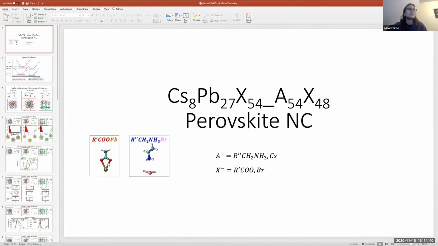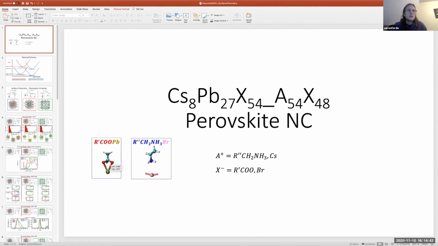So in this case, what I'm showing in this figure is that when there's a lead on the surface, there'll be an organic molecule bound to it, and that's charged. And then there's a counter anion, which is nearby on the surface. And essentially, what I'm looking at is